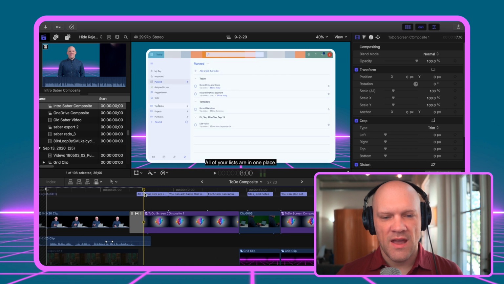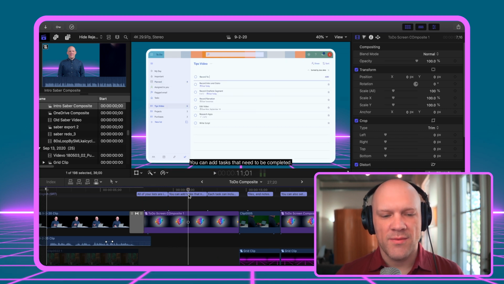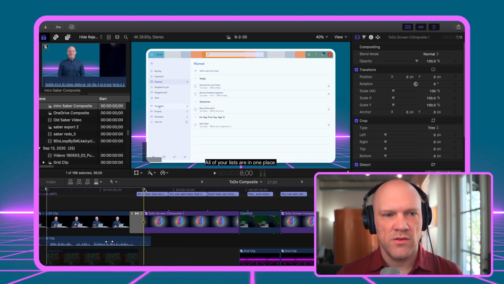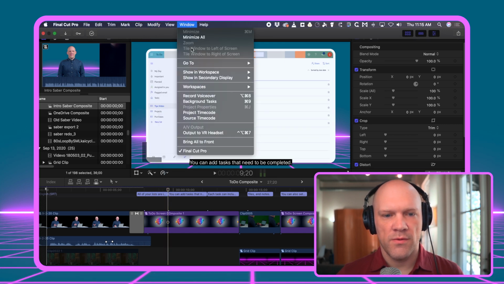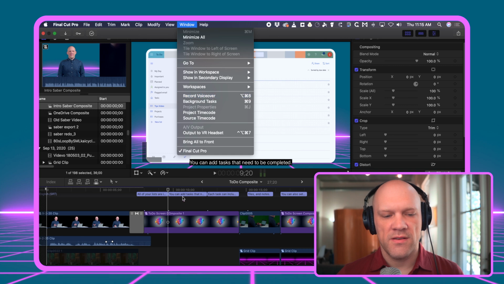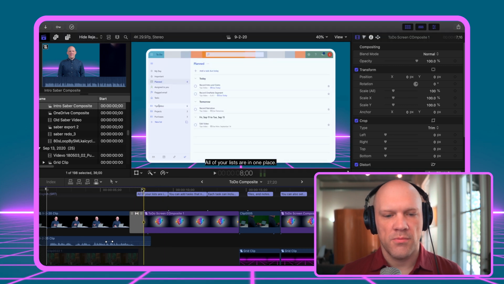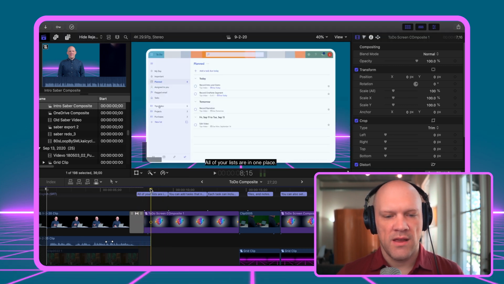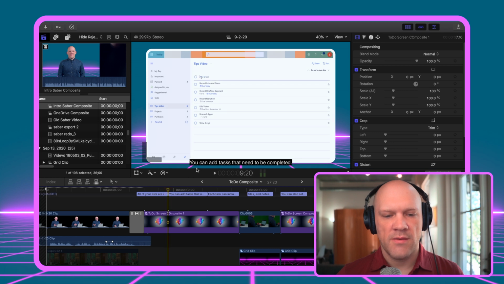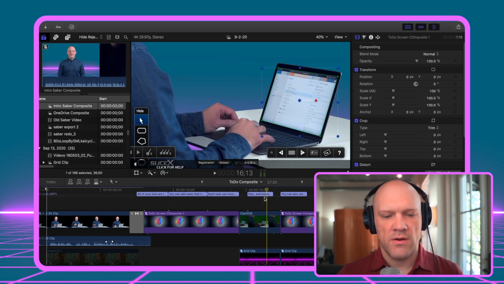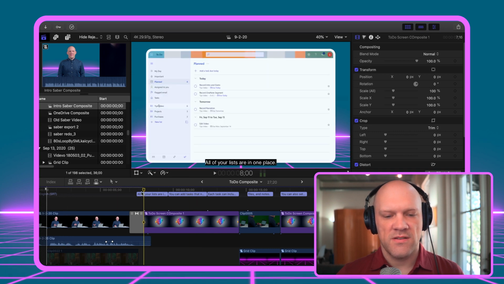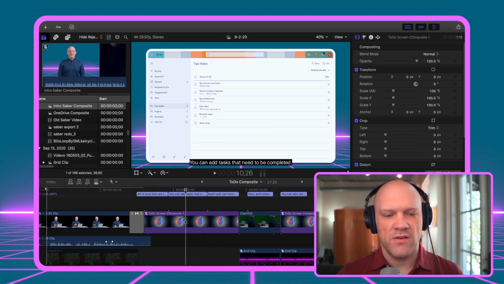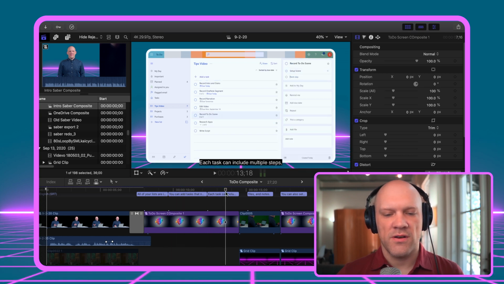Now you notice here I have the captioning turned on. The main reason why I put captions here was so that I could do the voiceover. So I could go up here to Window and record voiceover. Once you have the voiceover interface up and you start recording, it'll start playing back the video, and also I can read the captions. Of course, you can also export the captions to attach them to your video or burn them in, but it's an easy way to make sure you say what you're intending to say while you're recording a voiceover.